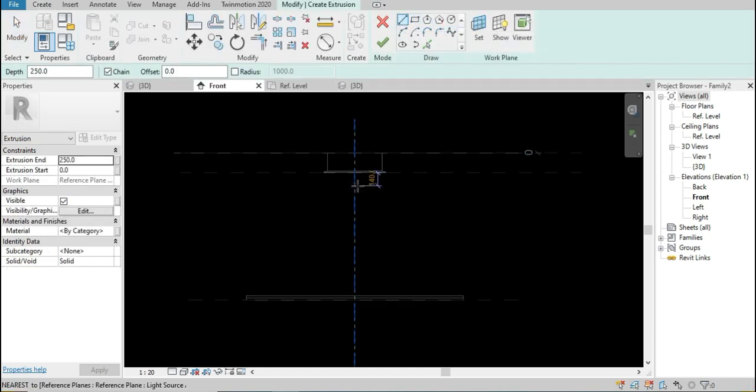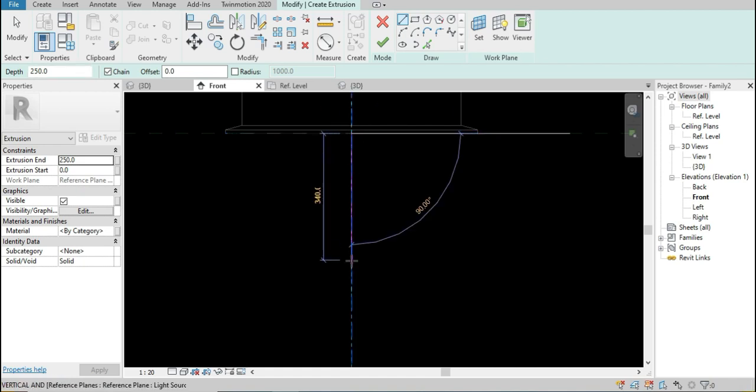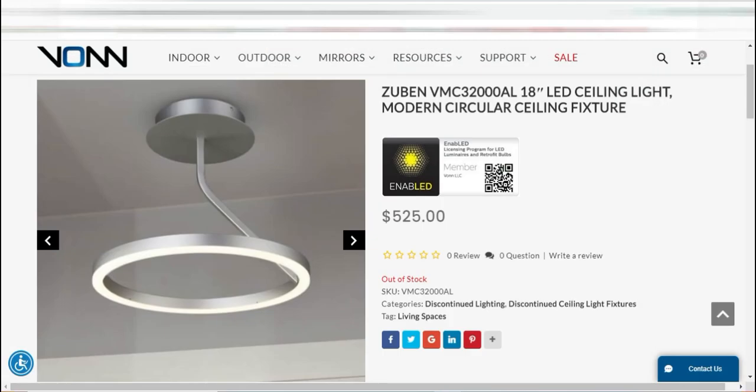So let's create the middle strip by using the extrusion command like this one.